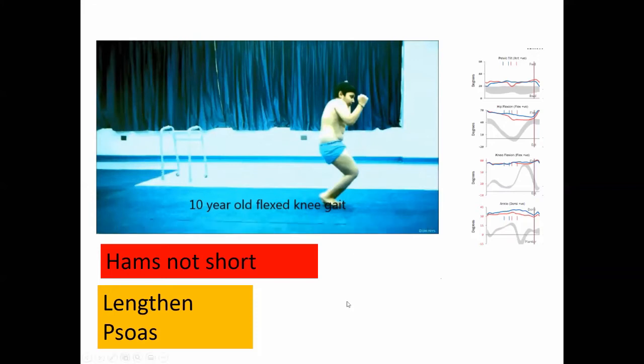So here the treatment is not lengthening hamstring. One should be very judicious. So I will stabilize the feet by giving AFO or doing a feet correction surgery. And the psoas were tight. So in this case, we had to do proximal lengthening of rectus and psoas to get pelvis at level so that the hamstring becomes proper length.